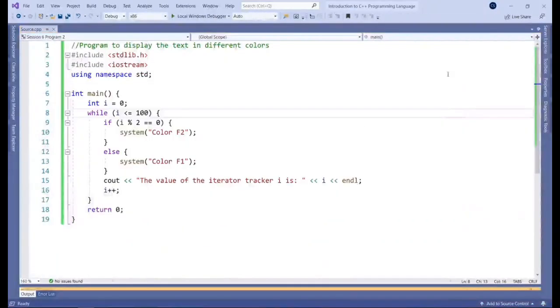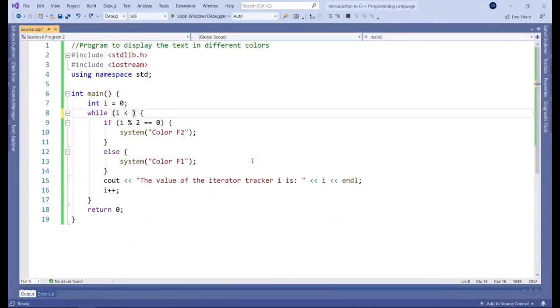There you go. So try and have a go and change a number of things, get comfortable, try to make your own loops. Just play with code. That's really the best way to learn on your own, and making sure that that knowledge does stick, rather than trying to remember the syntax. If you actually use the code and try to build your own loops, that's really when it's going to be sticking in your head for you to remember it. So that's it for program number 2 of session 6.